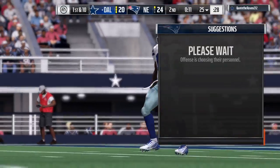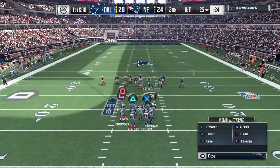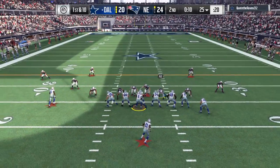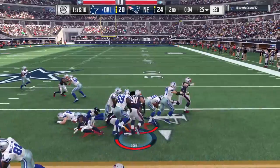Yeah, we might look back on this one. We'll have to wait and see. The Cowboys offense heading back out and ready to go again. And with time quickly fading here in the second quarter, not sure how aggressively, offensively they want to play this. I think we'll find out just how much they trust their guys in this situation if they decide to take